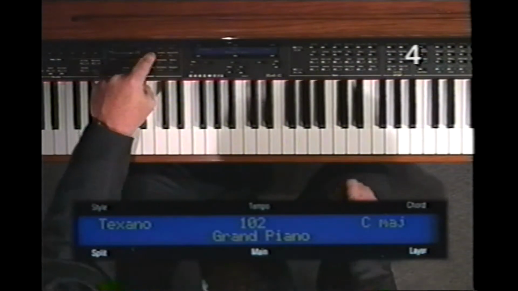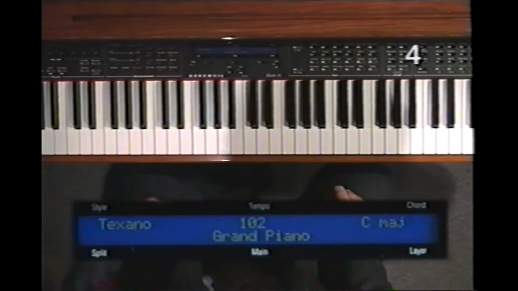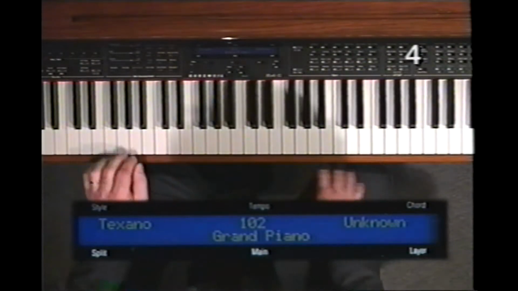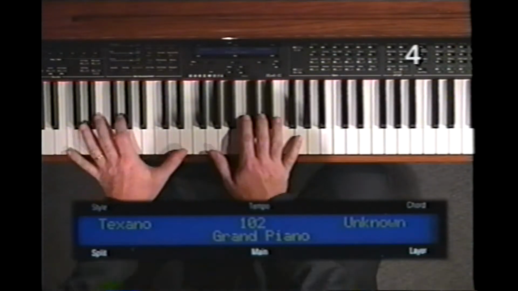Now if I turn the chord hold off, you just get the drums. But when I play,